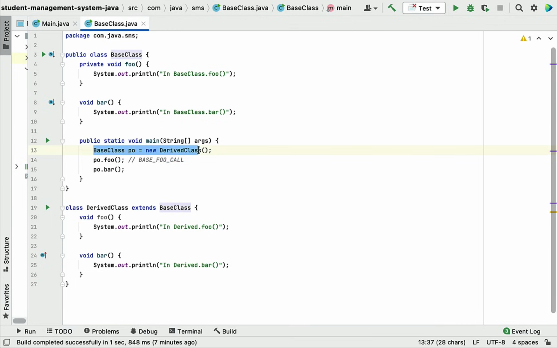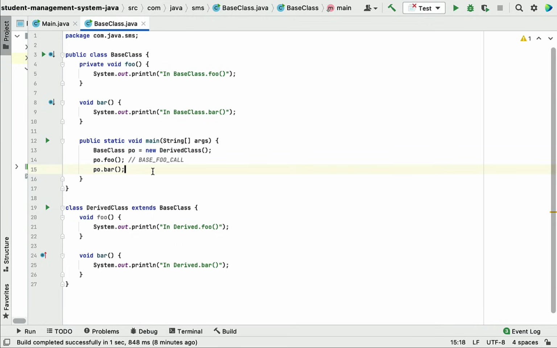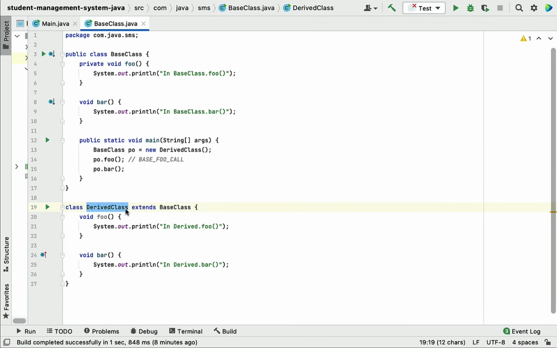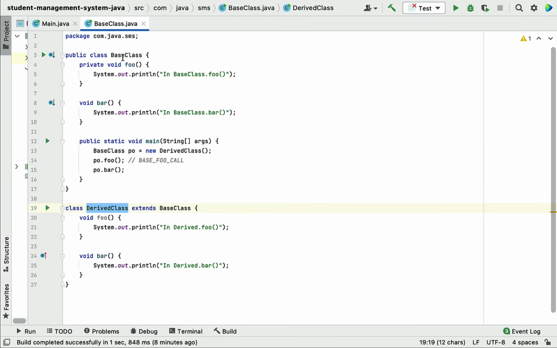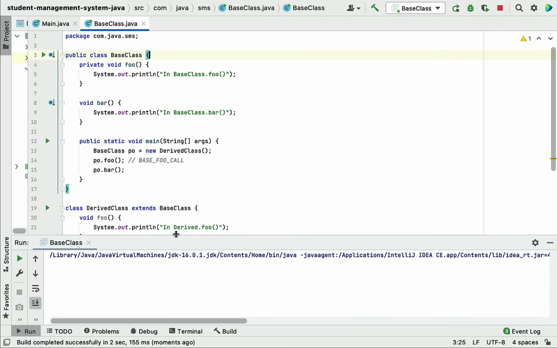So this is basically called upcasting. Here we are creating the object of the derived class, but we are using the parent class as a reference variable. And whenever you create an object of the child class using the parent class as a reference variable, then the child class or subclass method should be called first, because this is runtime polymorphism. At runtime the JVM will invoke the subclass or parent class method. In this case, derived class is the subclass and base class is the parent class. So if you run the program, you will see it print derived foo